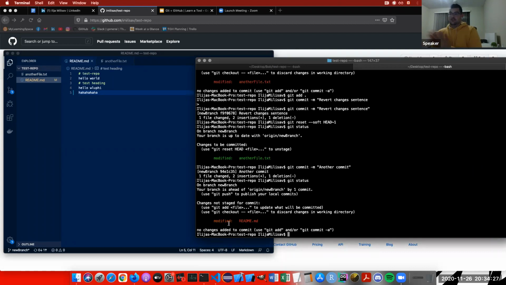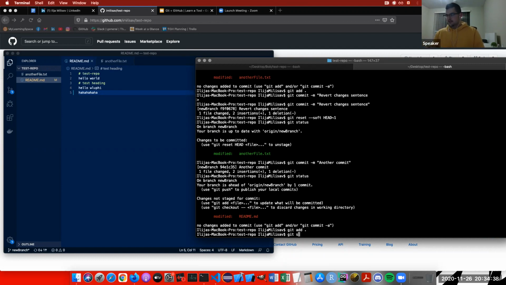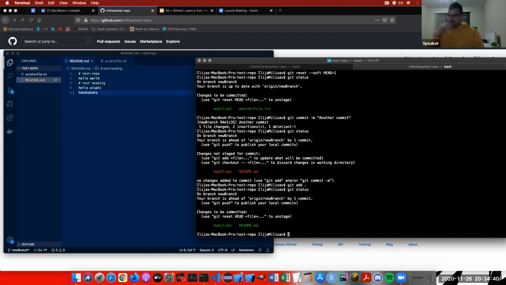it's now showing, okay, so these changes are not staged for commit. And it's like, but I already have one commit, right? Like, shoot, what do I do? So what I'll do is git add. And when I do status, it's ready to be committed. Now, instead of committing or pushing this commit that I already have, let's amend the current commit